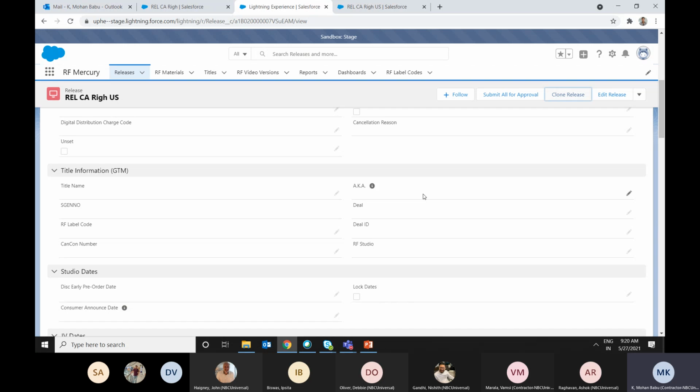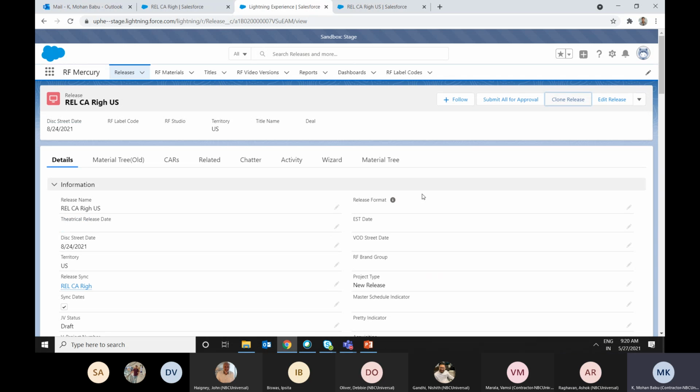From here, what are the fields we are having? So this is the cloned record, right? This is the cloned one. Yes, correct. Okay, why actually is the brand group missing? Why is it not cloning the brand group from the release? Okay, Ashok, the brand group details are coming from the title and the deal. The title is blank here. It's not data just cloned from the release.